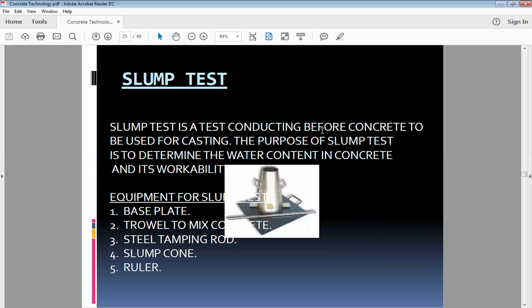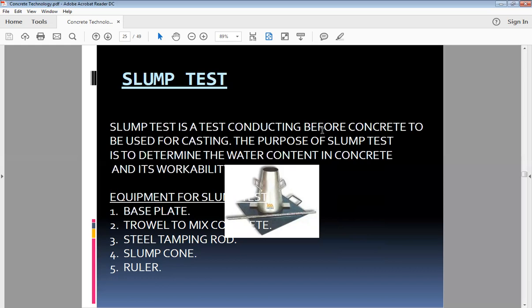So next is the slump test, which is testing of workability. Concrete should be in a workable manner. It should not set before the different parameters we will use, as we have to change it into different shapes. So the concrete should be workable until then, and it should not become hard before the placing of the concrete. First of all, you should know about workability, then we will find out the workability. Workability is the ease with which concrete can be placed and